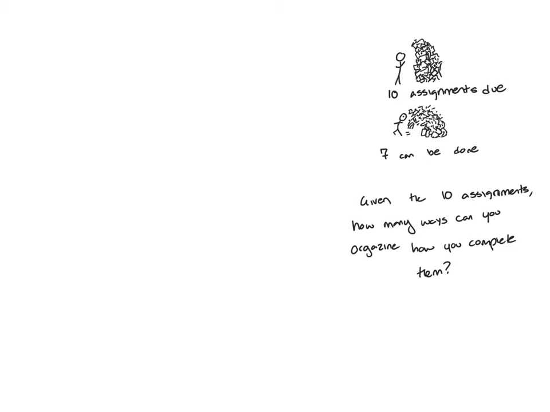10 completed on time? The first thing to realize is that this is a permutation, and I can tell it's a permutation because order matters. That is, doing your biology homework and your history homework is different than doing history first and then biology. Because order matters, I'm using a permutation, and the first step we always do when we go to complete a